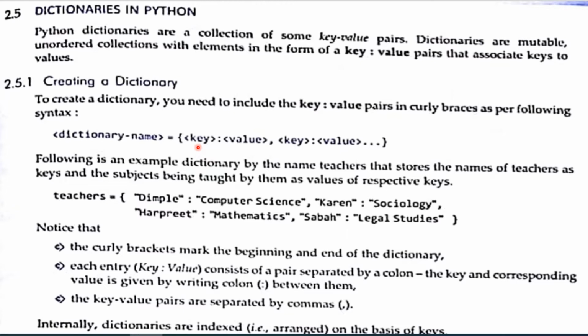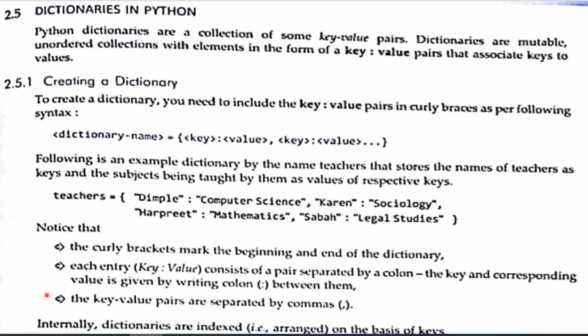So in the following example, you can see that this is the key and this is the value, and the pairs are separated by commas, and between keys and values we have to put a colon. Here we have taken the second key, then the third key and the fourth key. So in one dictionary we have taken 4 keys and 4 values. So here are the points I have already discussed in the beginning.